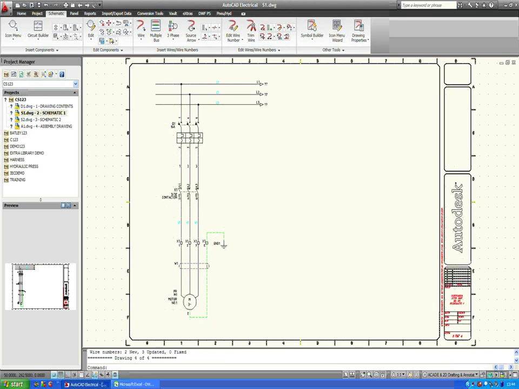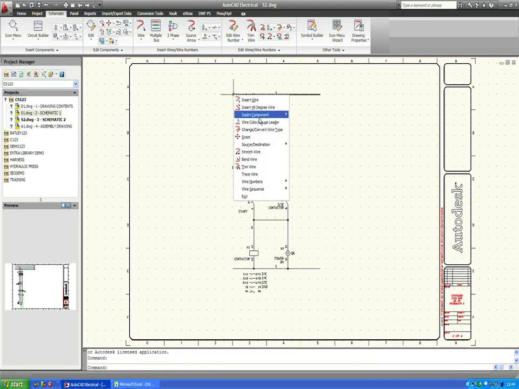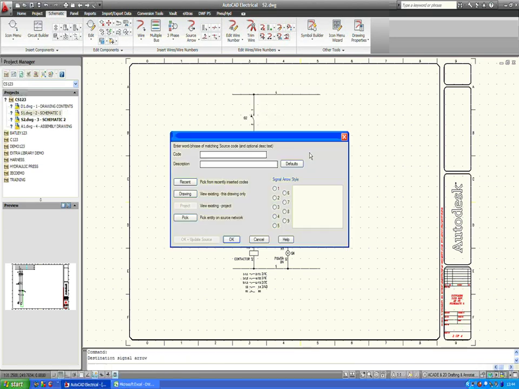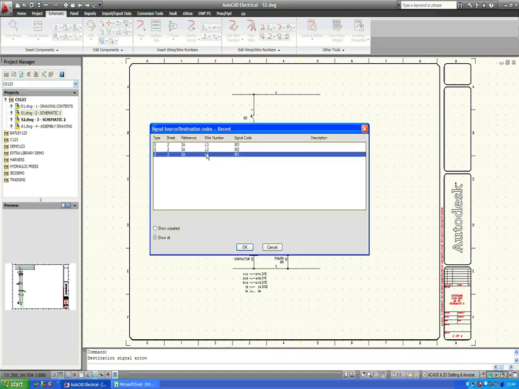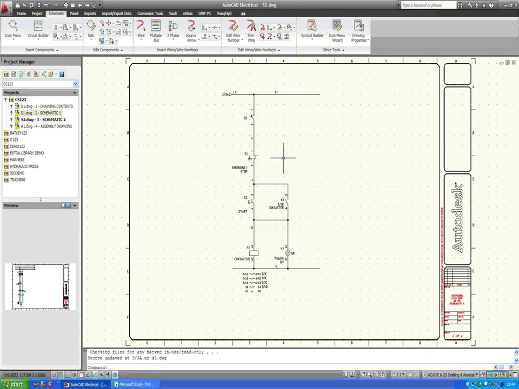I'm going to go to the next drawing now, and what I'd like to do is link this drawing with the previous one. So I just simply right click over the end of the wire on a destination arrow, select recent, I can hit on L1, M1, I can say accept and OK update source, and automatically it's updated the previous